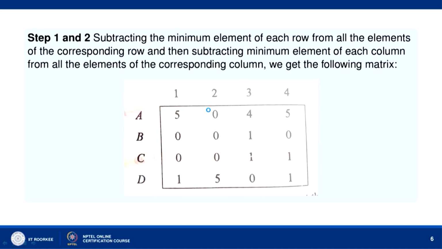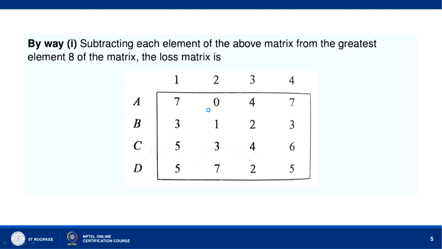Now, we will apply the Hungarian method, as we have discussed in the last lecture, to arrive at the solution of the problem. So, now it is the minimization problem. As we do in the Hungarian method, from the row 7 0 4 7 we find the smallest element of the first row. The smallest element of the first row is 0. So, we subtract 0 from all the elements of the first row and we get 7 0 4 7.